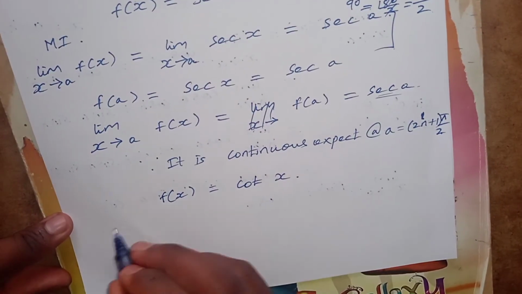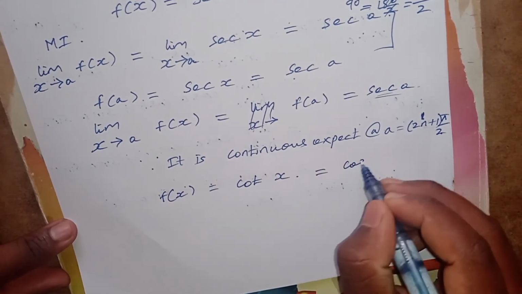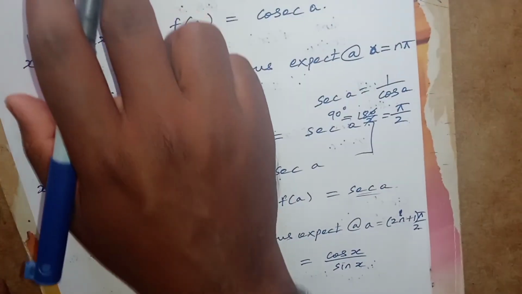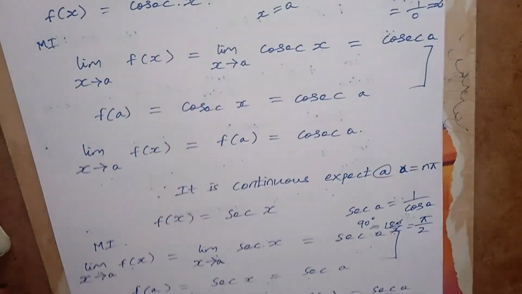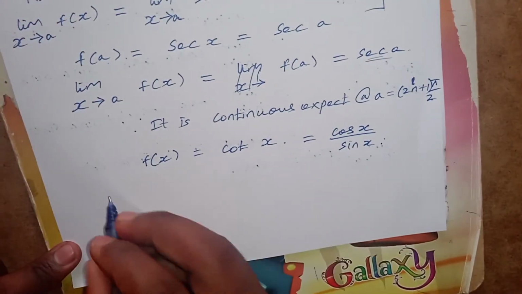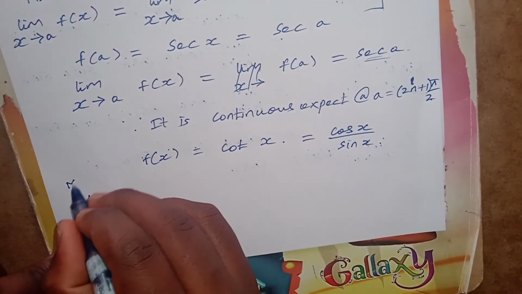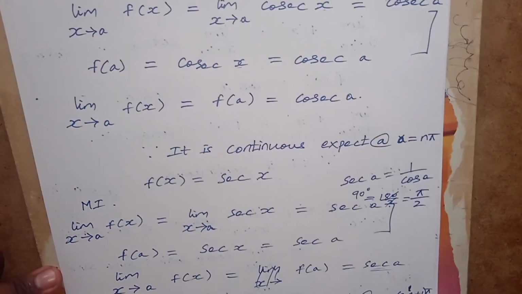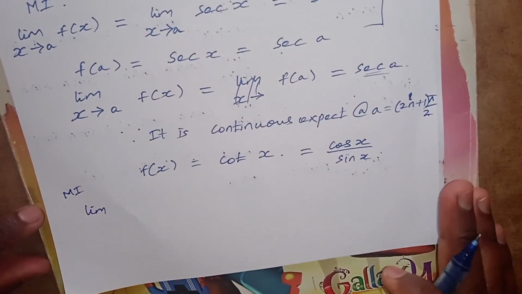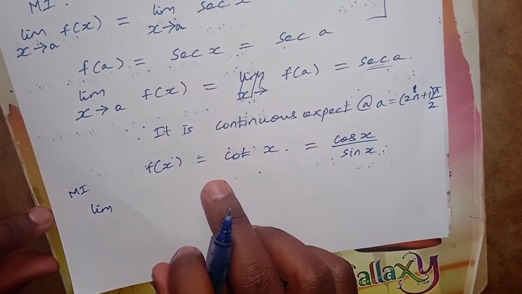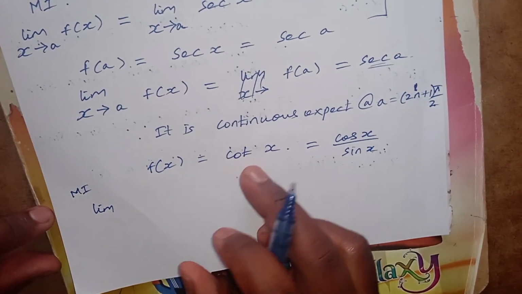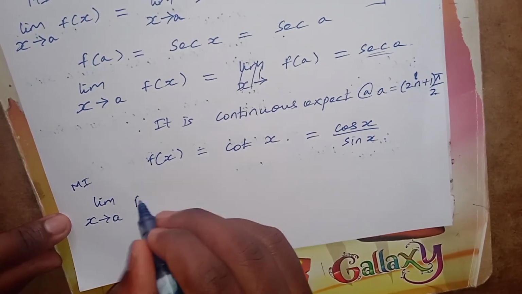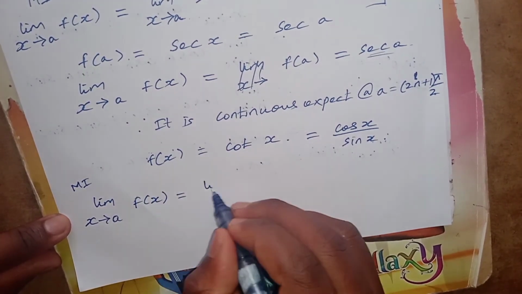Okay, here cot x is equal to cos x by sin x. Here it is similar to cosecant. Okay, you have to treat it like that. Okay, here method 1, you can do in method 2. If you have any doubt, you can comment to me in the comment section. I will do method 2 in detail also, if you need. Okay, here limit x tends to a, f of x is equal to limit x tends